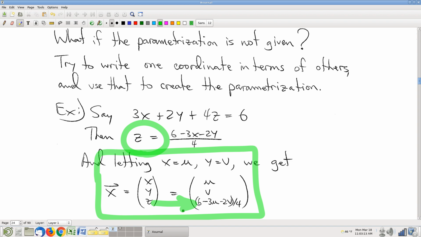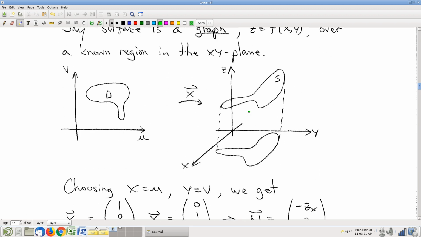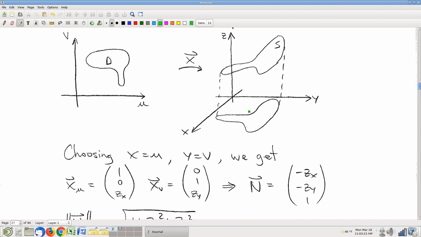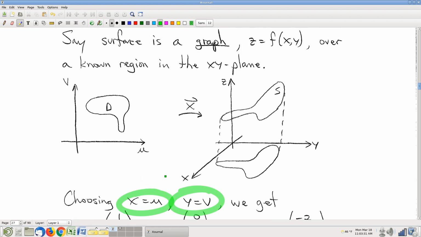So if you are using this rectangular graph parameterization, the stretching factor formula does simplify pretty nicely. So here's our situation. If we choose to view x as u, y as v, and z is whatever it is, if that's your parameterization,